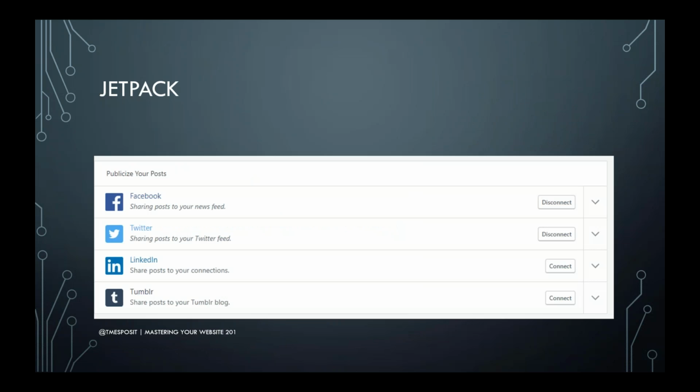It'll go to your Facebook group, it'll go to Twitter, it'll go to LinkedIn, and apparently Tumblr. I don't know anyone that uses Tumblr for this, and there's a few more if you use the app, I think. But this is great because you can put all of your content in the post and it'll push it out to those other mediums.